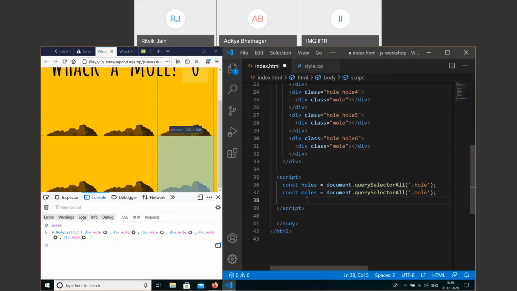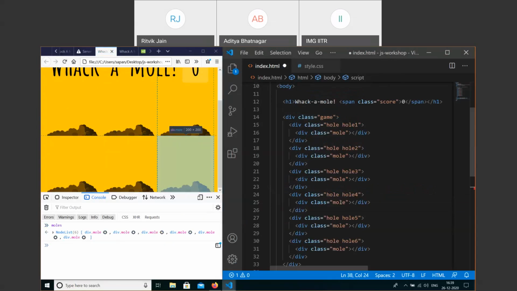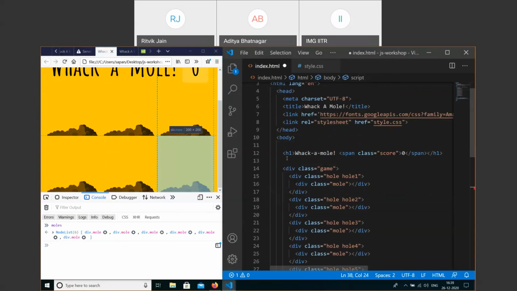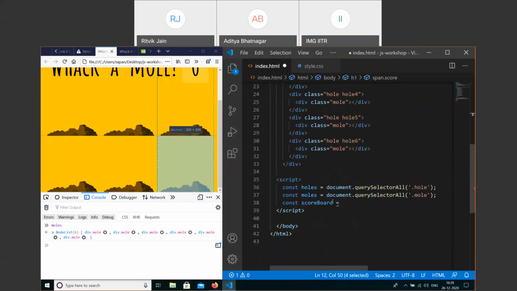Third thing we'll be needing is const scoreboard. This is the element which we'll be using to reflect the score of the player. So we have the leaderboard here. You see, here will be reflecting the score of the user. Now you can see this element has class score in it. So we'll be using this class score to select it. So just provide this information